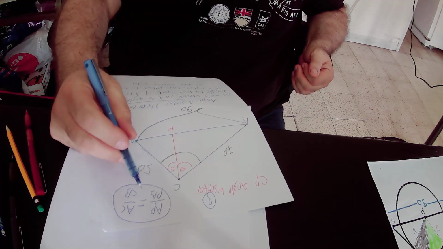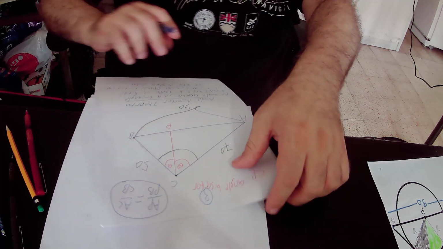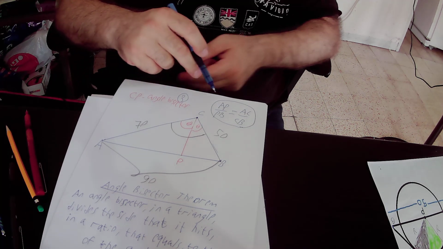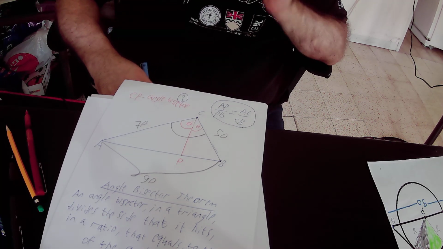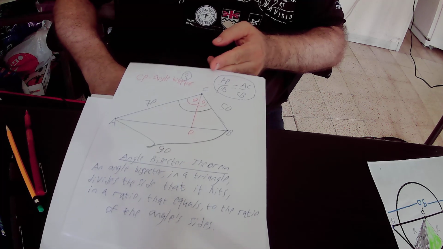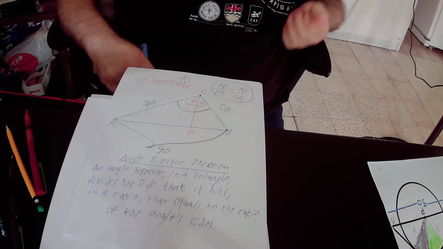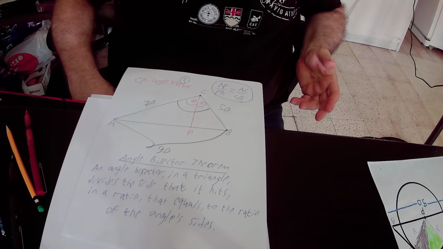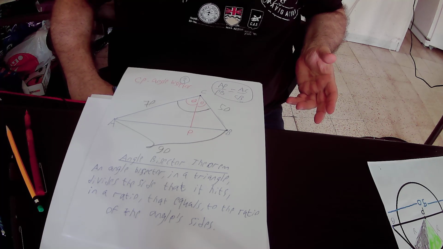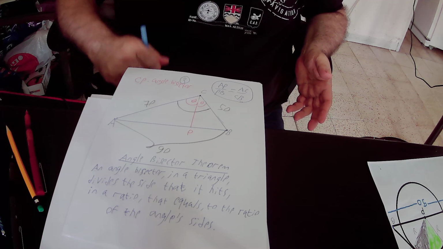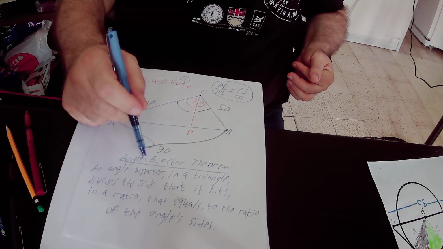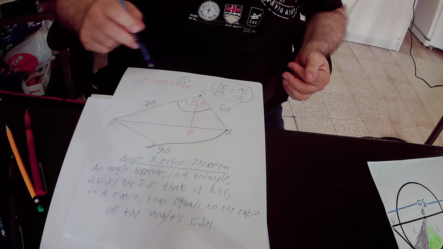So AP over PB equals AC over CB. Now I will repeat it again and explain the theorem. The angle bisector theorem states that an angle bisector, that is to say CP,